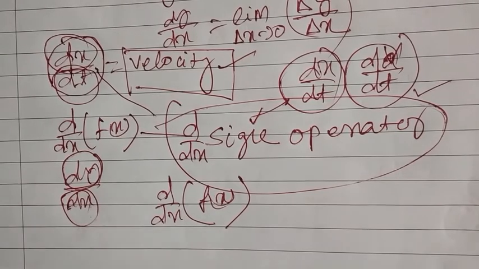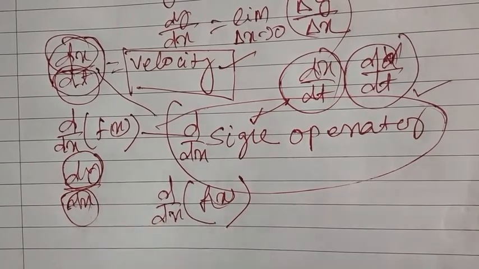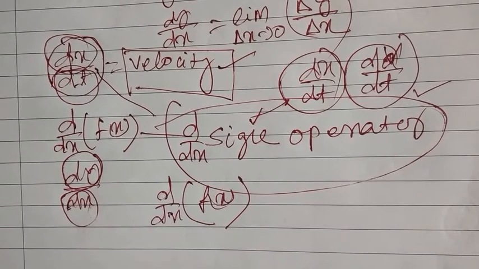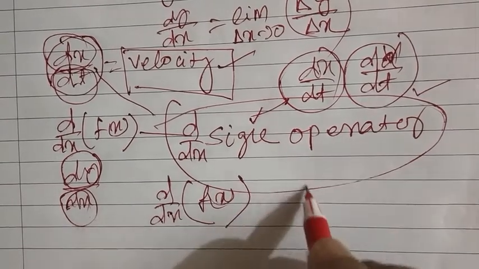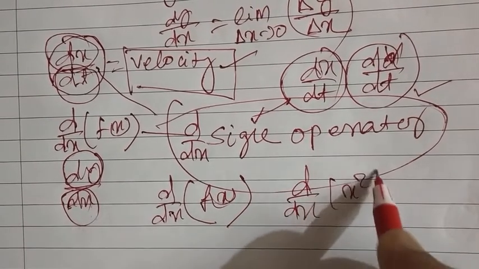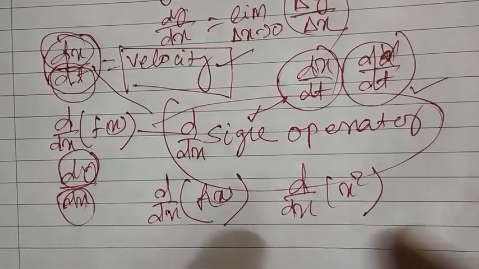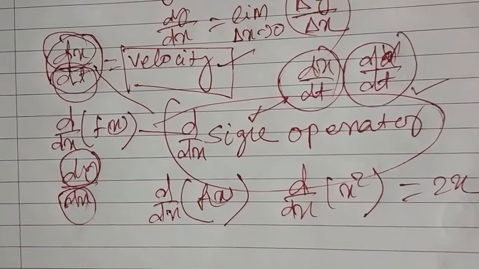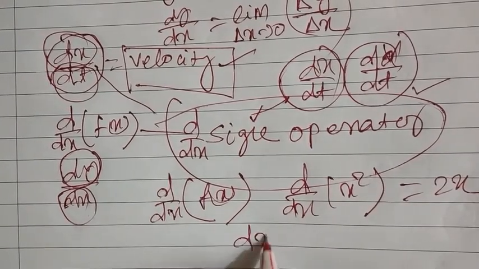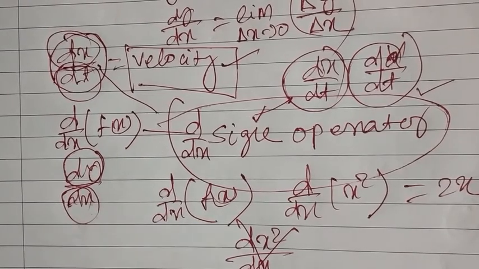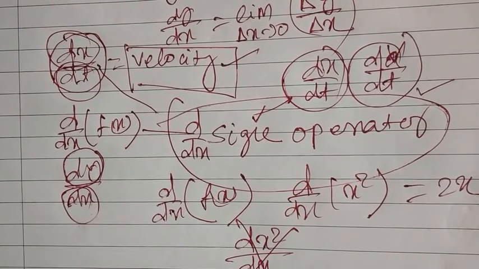Okay, now if this is an operator, in all the derivatives we have done till now, we found single results. An operator is operated, for example, d by dx of x square. The operator d by dx operated on x square gives me 2x. This is not a ratio d(x square) by dx. This is not a ratio. Understood?